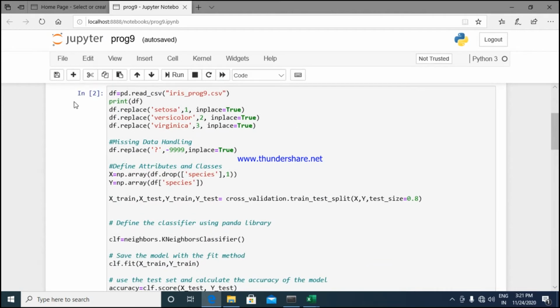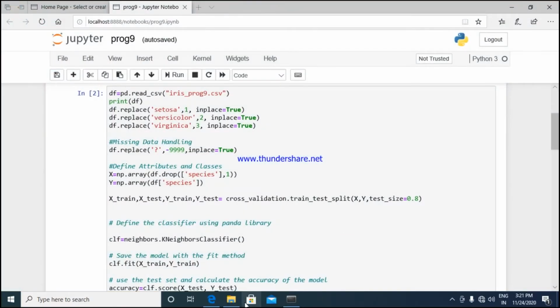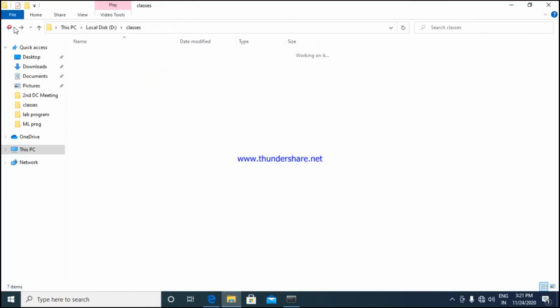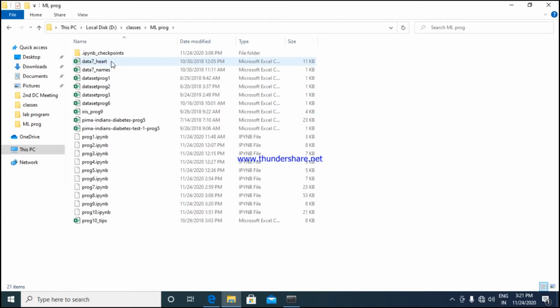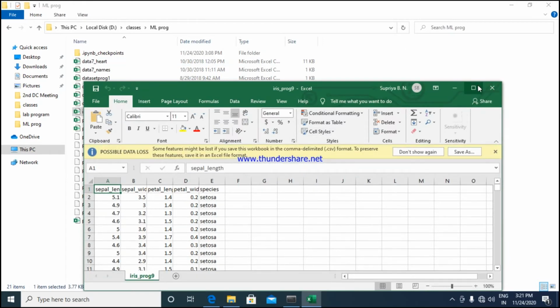I am collecting the data: df equals pd.read_csv, and in that I have iris_program9.csv, then print df and replace. As you have seen, the data set contains different values: sepal length, sepal width, petal length, petal width, and so on.